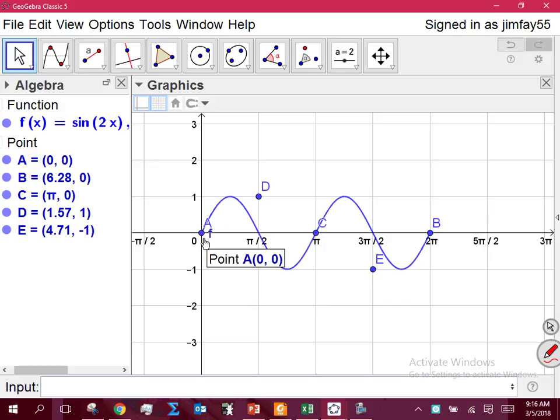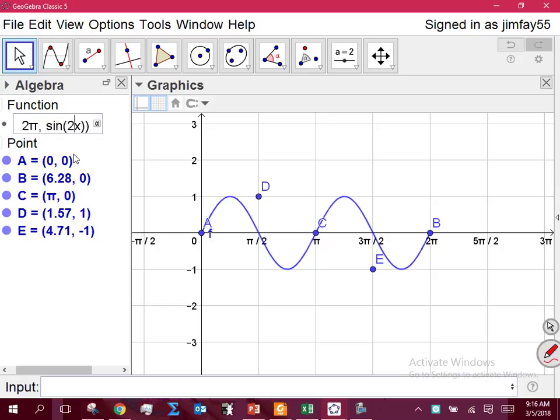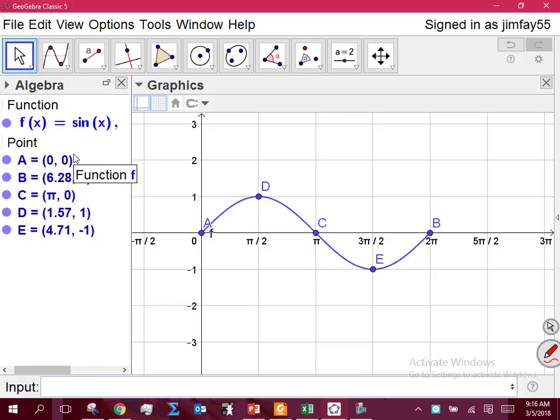It'd be 2 pi, right? Or sorry, 1 pi. That'd be 1 pi. All right? Is that right? Okay with everybody? Okay. So the distance that it takes a curve to start repeating itself is referred to as